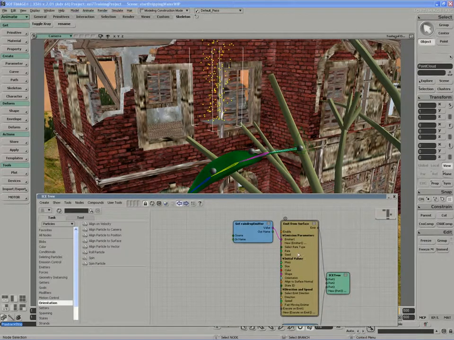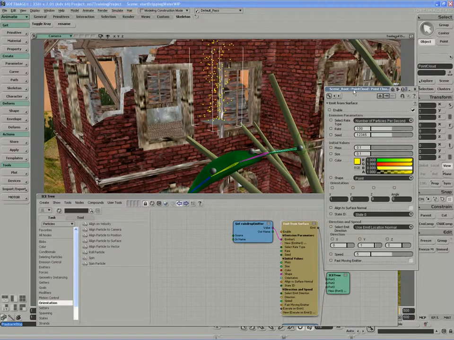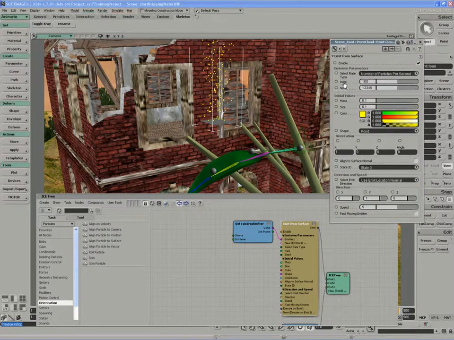In the Emit from Surface compound, double click to edit. And we want the rate of particles to be very slow, first of all. So I'm going to have perhaps 10 particles per second being emitted from the grid. The shape of the particles needs to be something other than point. We need to be aware of the particle volume in this case to create a water drop, an accumulation of smaller droplets. So the shape in this case will be something like sphere,